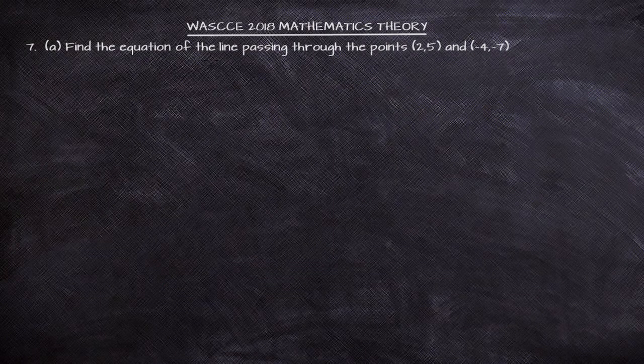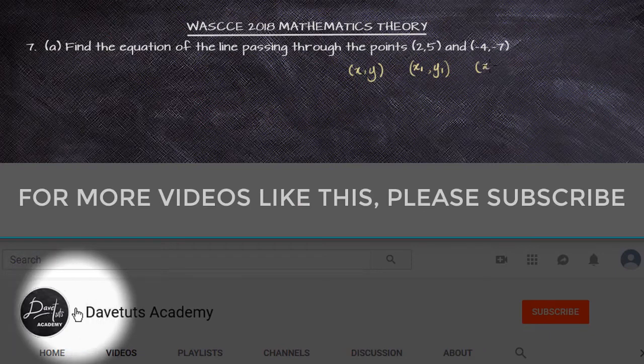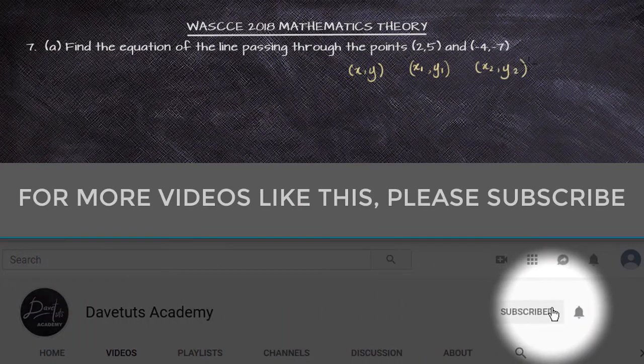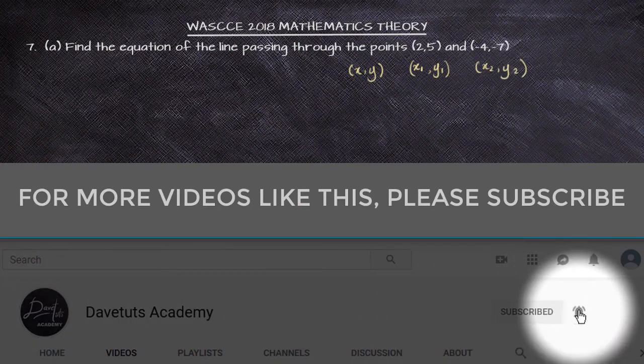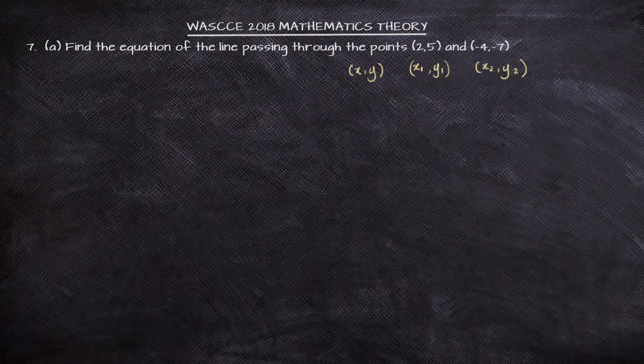Now, question number 7a, we are asked to find the equation of the line passing through the points (2, 5) and (-4, -7). Generally, we know that in the Cartesian coordinate, we write x, y. So the first one will be x1 and y1, and the second one will be x2 and y2. And if you are going to write the equation of a line passing through 2 points, we need to know